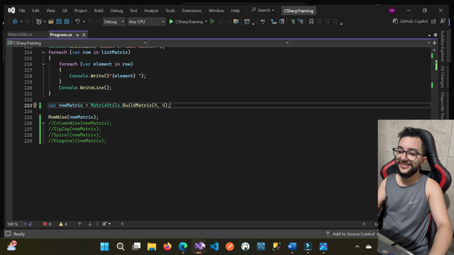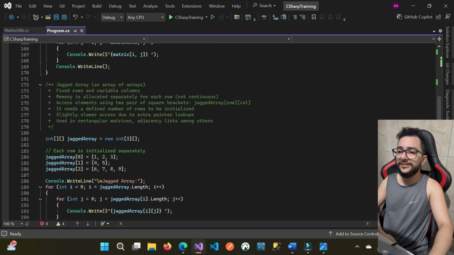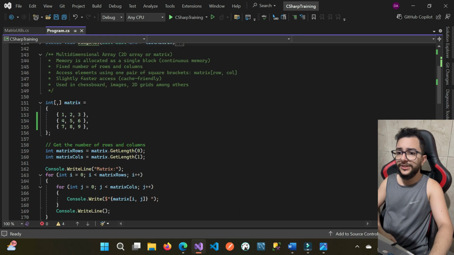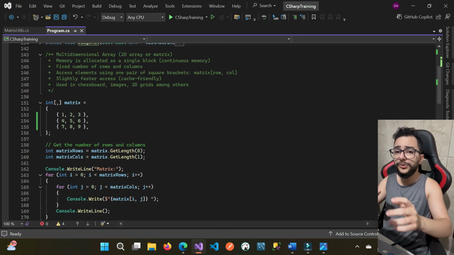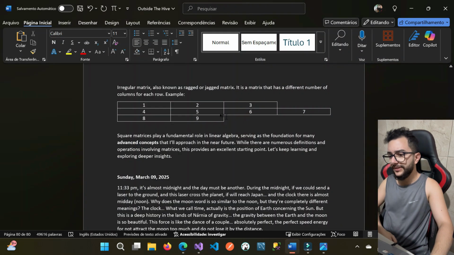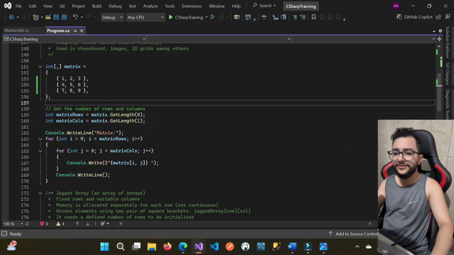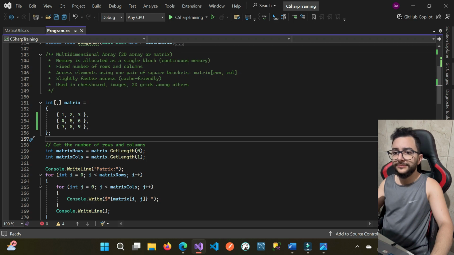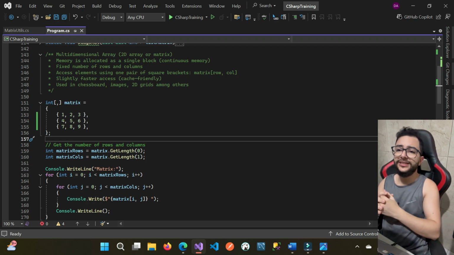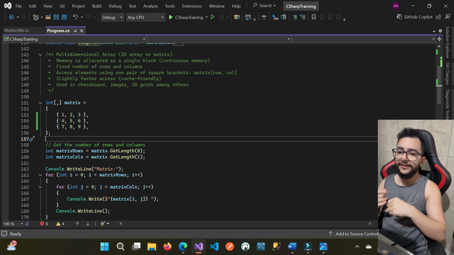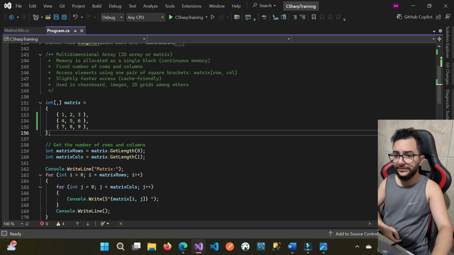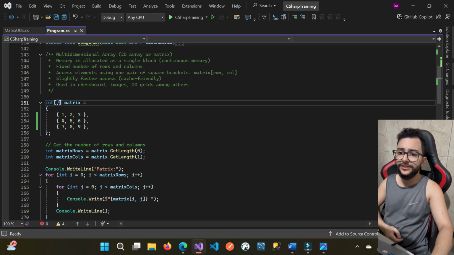So this is an example that I did, the 3 ways to represent a matrix in a computer, because this is just a mathematical concept. This is the programming way to represent a matrix. So I'm going to share this source code with you on my GitHub, and this is how we represent a matrix. In this case, a square matrix,